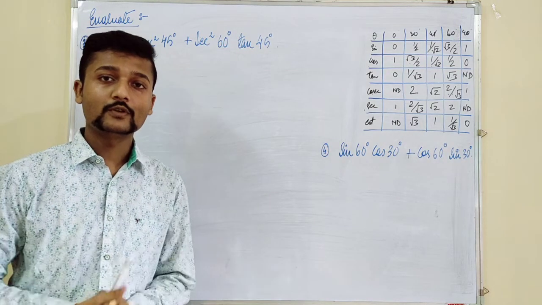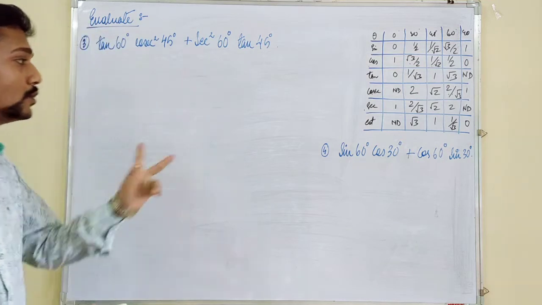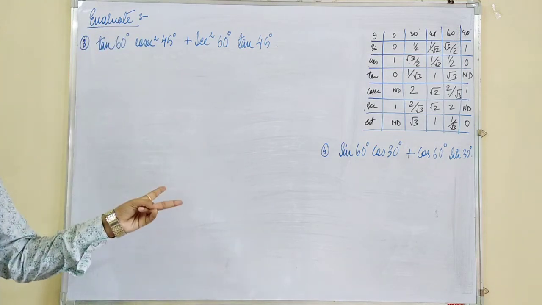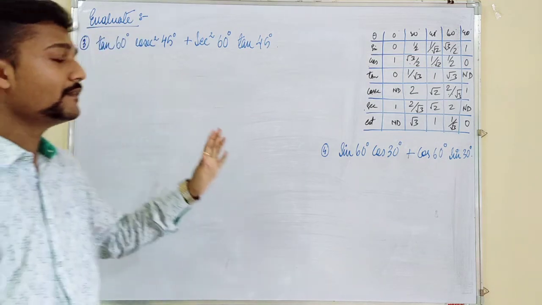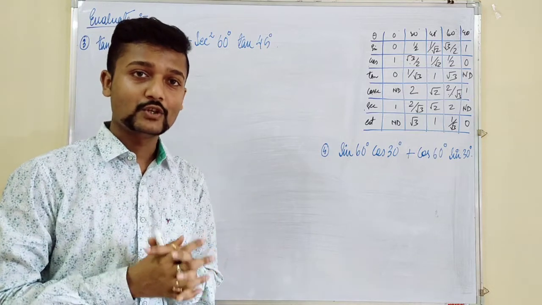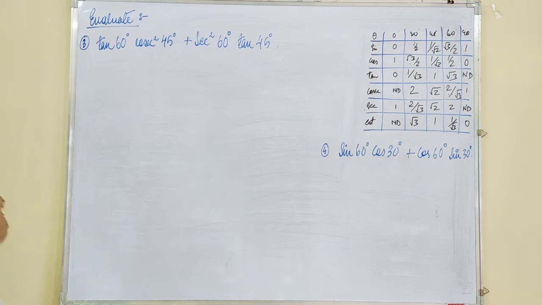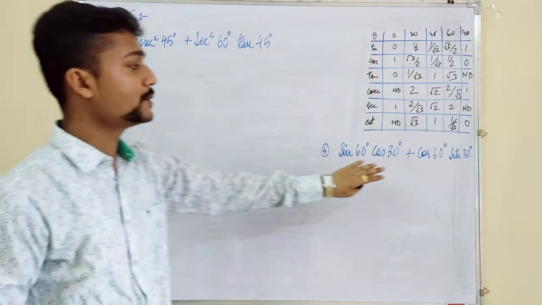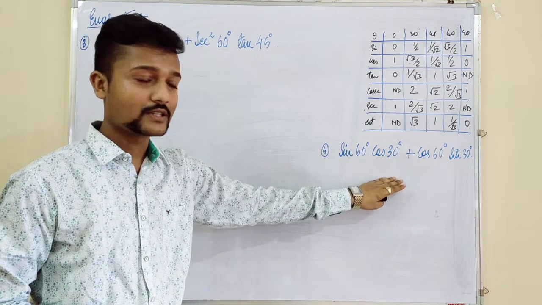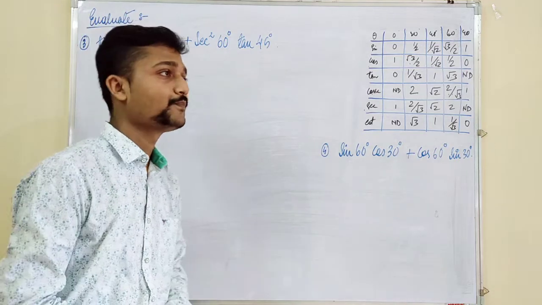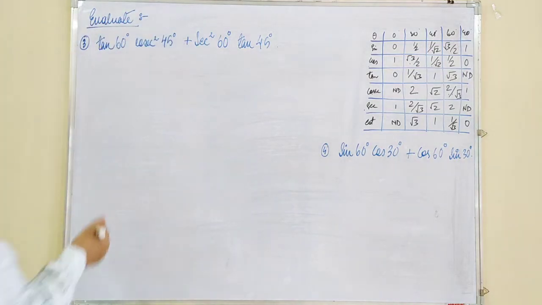So now we will move on to the next questions. Two questions again I have taken. Before I have solved two, again I have taken two. One I will do by myself, another you will try to do by yourself. So this particular question I feel that I have to show once. So I will show this question and this other question you will try to do by yourself. This is comparatively easier.